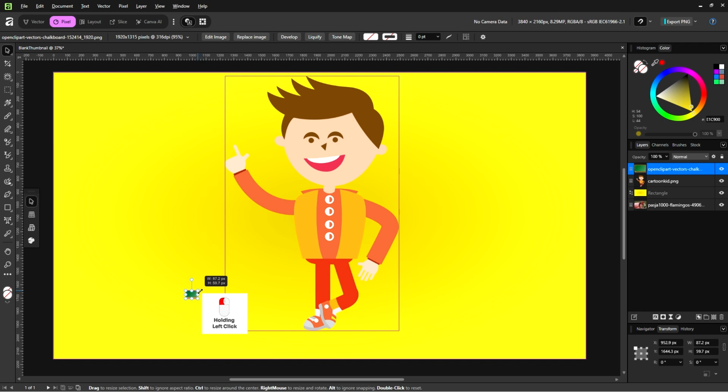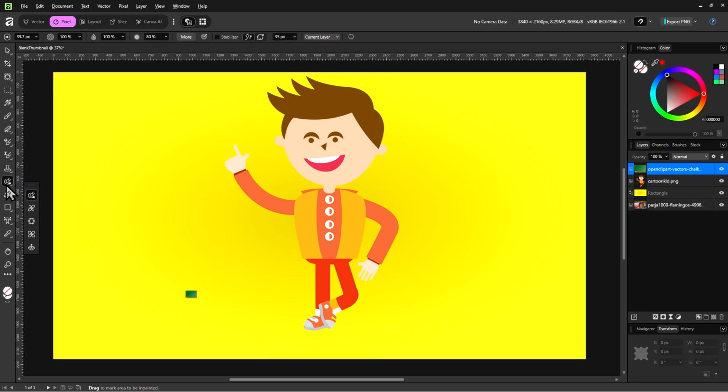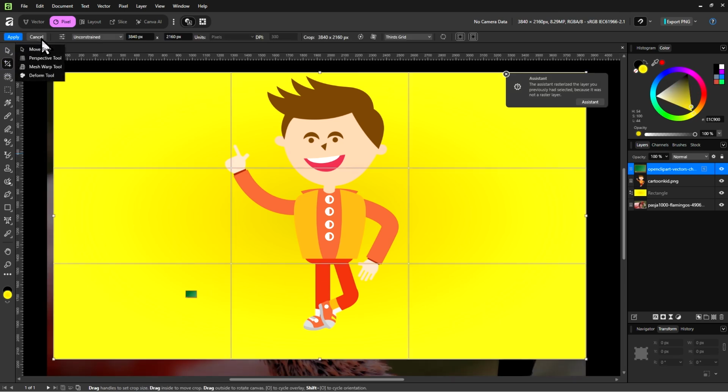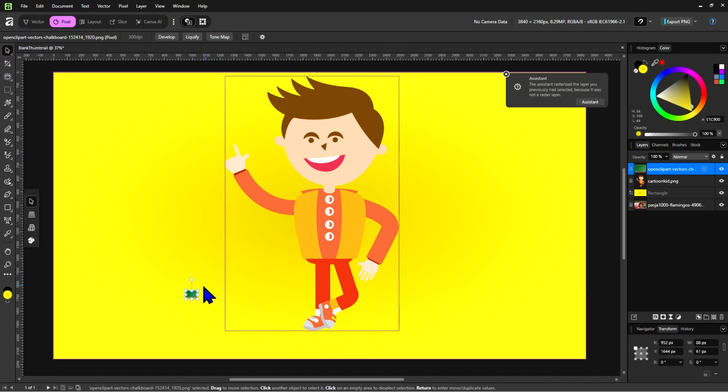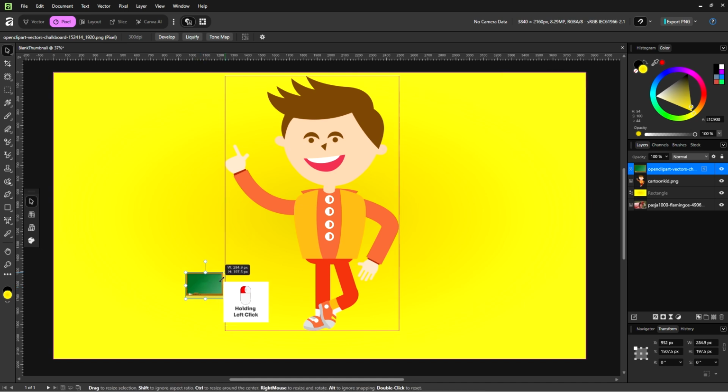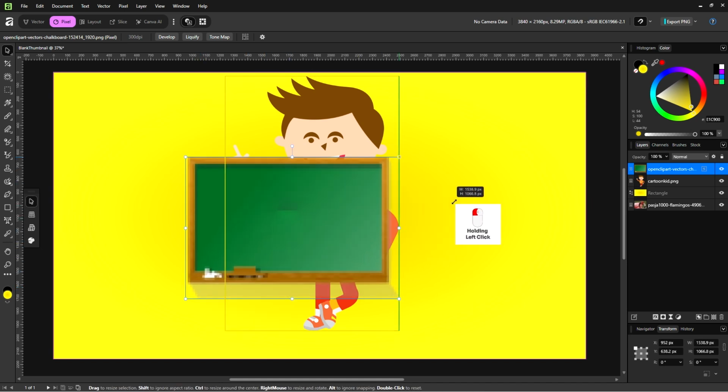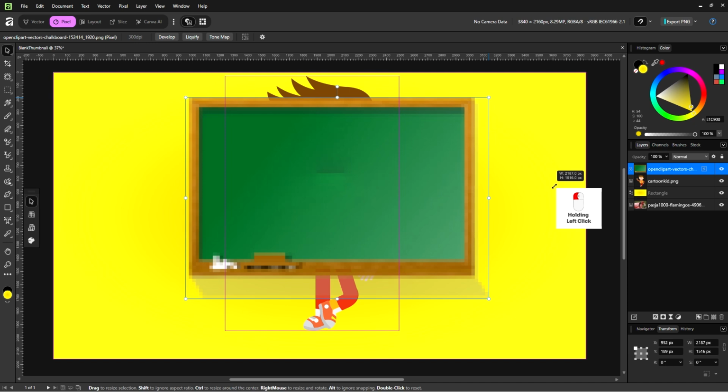And then what I'm going to do is use this inpainting brush. Just click it on this image once. And now, sorry, not crop. Let me go back to the move tool and see what happens when I try to scale it back up.